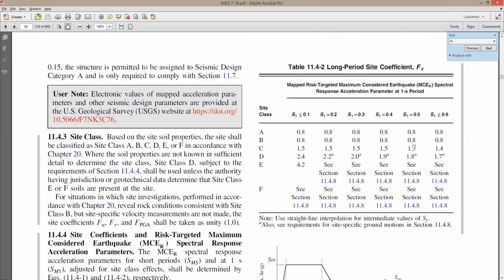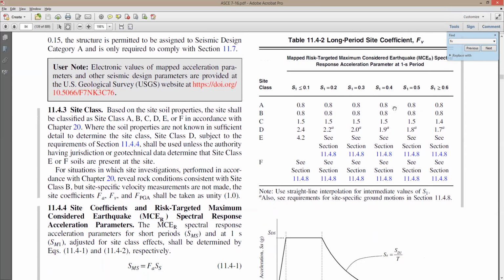You say, okay, here's F sub V. It's going to be based again on the site class and this S1 value. Based on this, you find out F sub V. So what is this A here? What is this section 11.4.8? This section here, it says,